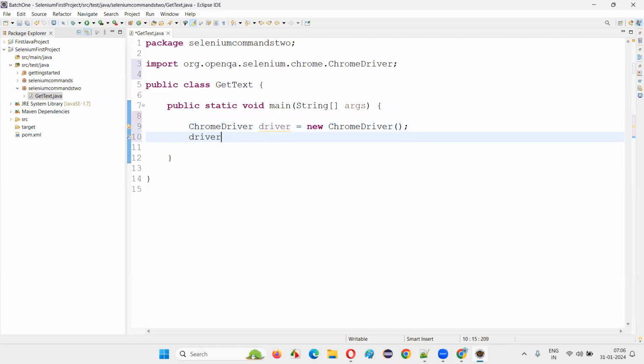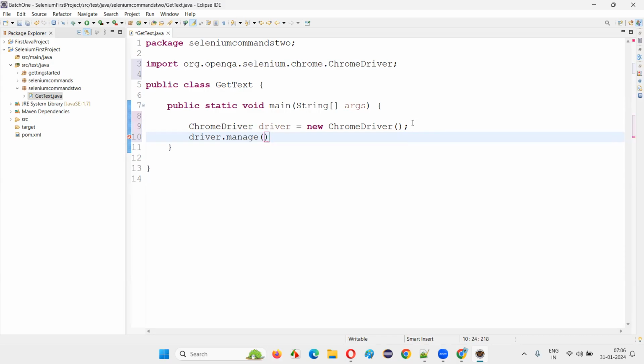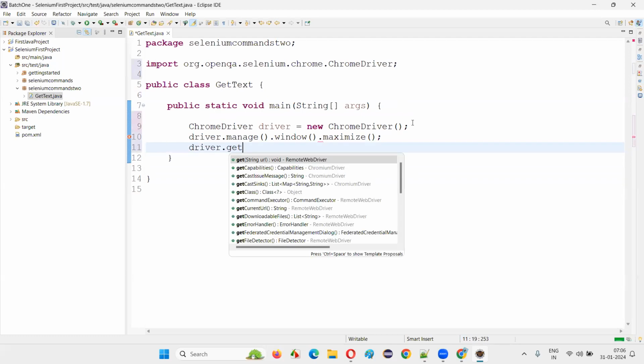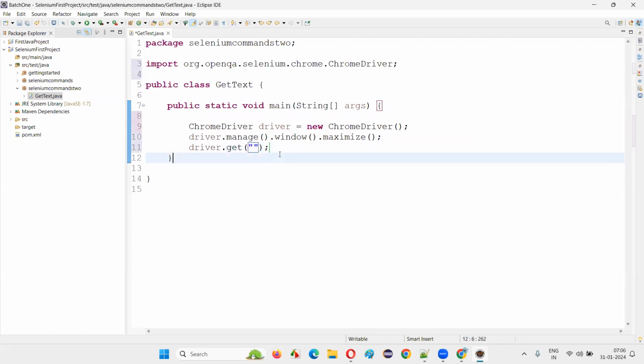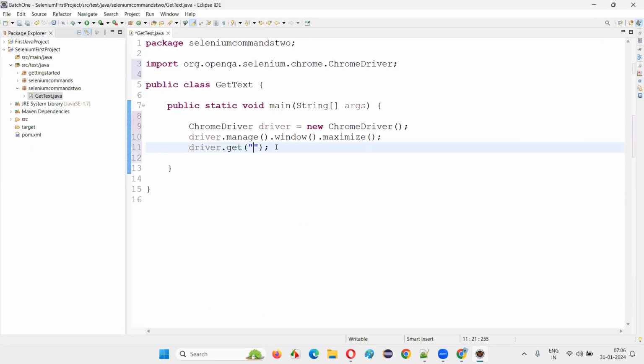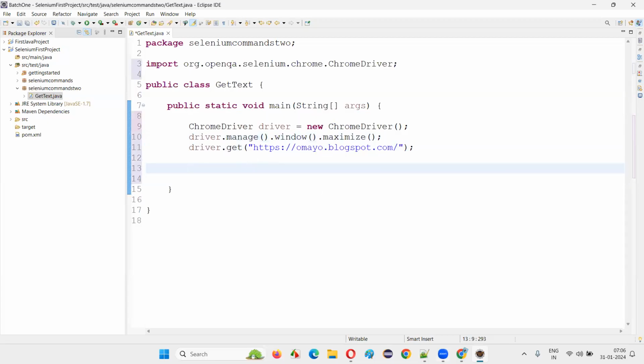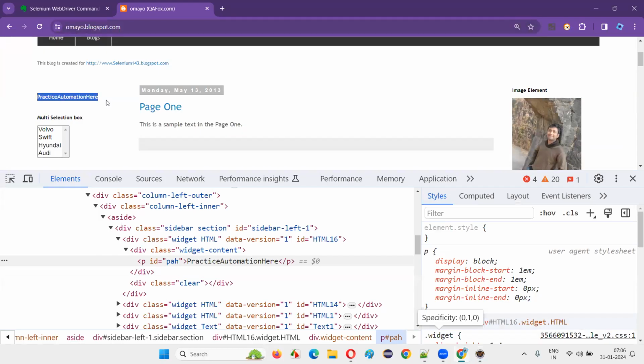Driver dot manage dot window dot maximize, then driver dot get. And here I'll give double quotes, and here I'll give the URL of the application. Done. So driver.manage.window.maximize, driver.get. After opening this application URL, what I want to do, I want to retrieve this particular text